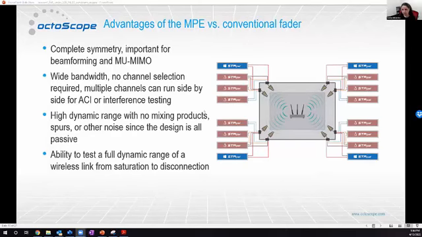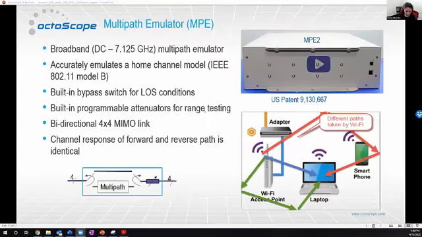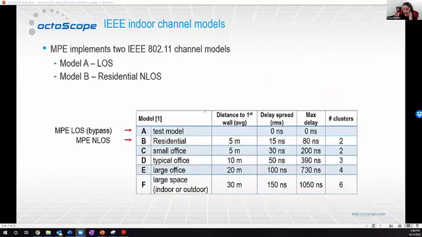It cannot. It only does Model B because it has two clusters modeled. But attenuation, we have the attenuator range of 60 dB inside, but the multipath itself, when it switches in, introduces anywhere between 10 and 20 dB. It's frequency dependent, additional. So between line of sight and non-line of sight you have over 80 dB